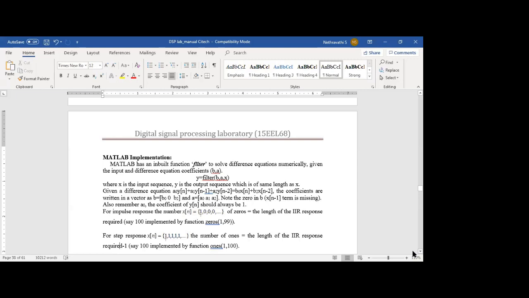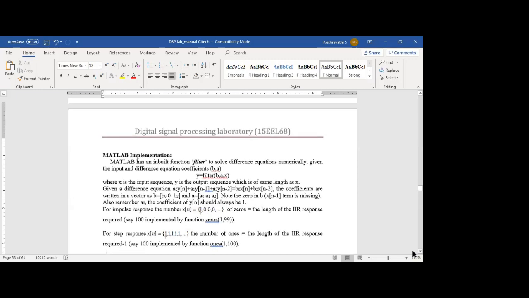That is nothing but totally it will be 100. Say if I'm giving 100 here in this particular case, the number of zeros will be 1 comma 100, that is ones. Okay, so not the zeros. If it is in the impulse response, the zeros. If it is in a step response, it is what? Ones. It will be by default, the program will take it, you need not worry, but I'm just telling you how it will take.